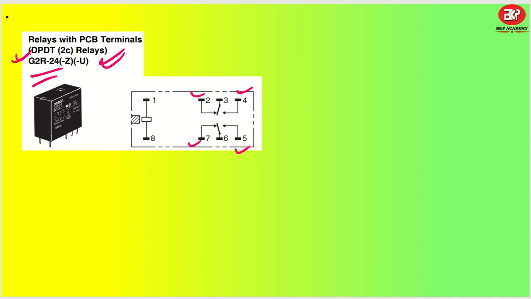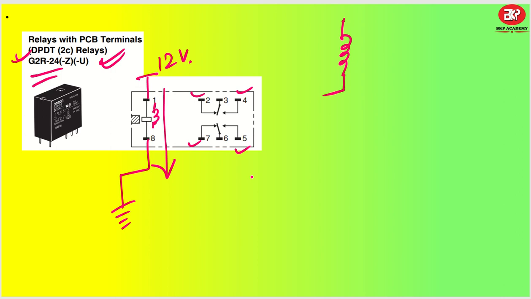So let us say this is my coil. Okay. So this will be like this. It will be a coil kind of thing. Okay. So once you power this up, let us say I am going to give it 12 volt and this will be grounded. Once the path is complete, the coil will get charged up, and by charging it will get excited, and once it gets excited, wherever the coil is, this pole, the switch is there, right? So this will get reflected to the other one.